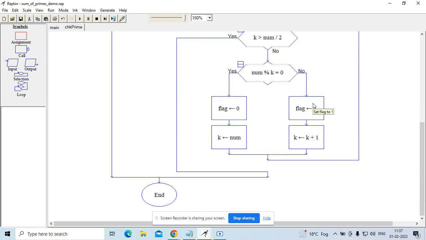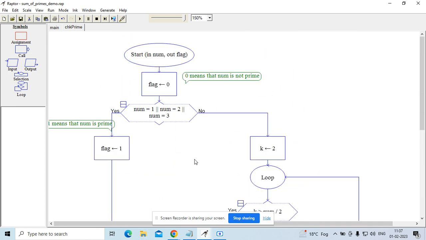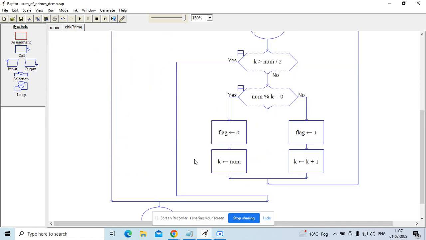For a number to be prime, it cannot be divisible by any value of k. So k can be 2, 3, 4, 5. Every time the flag has to be 1. If it is divisible by any number and flag becomes 0, I exit the loop and flag remains 0. So the logic is that in this case,